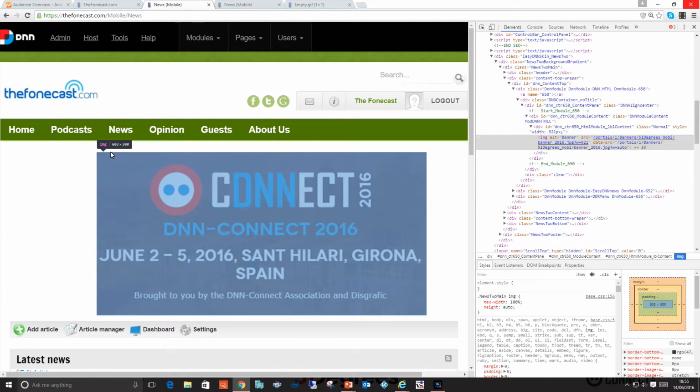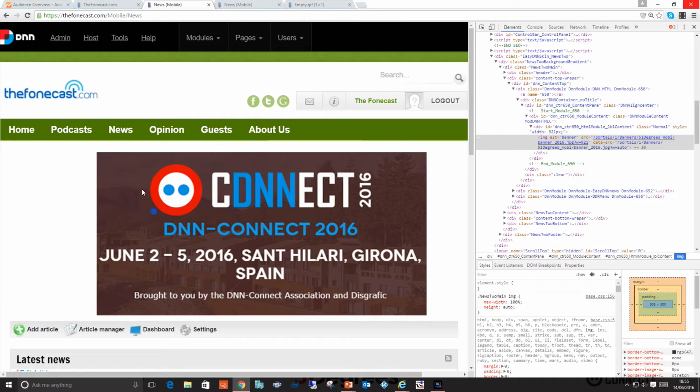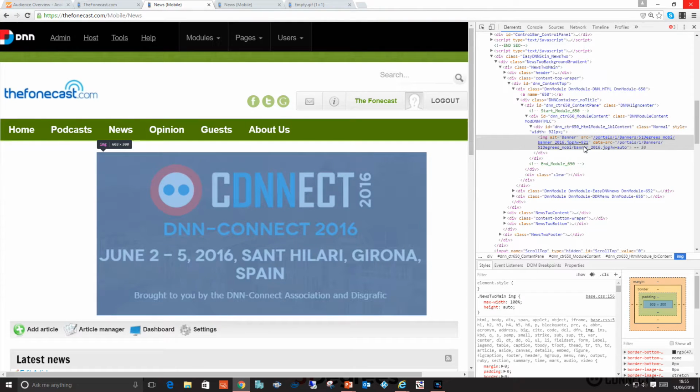You can just see that up there, 603 by 300 pixels is the dimensions of this particular image, and you can actually see the request was actually looking for an image that was 921 pixels wide, but then the way 51 Degrees works is it won't upscale the image, it won't make the image larger than the source. So in this particular case, this image couldn't possibly be 921 pixels wide, so it's returned the